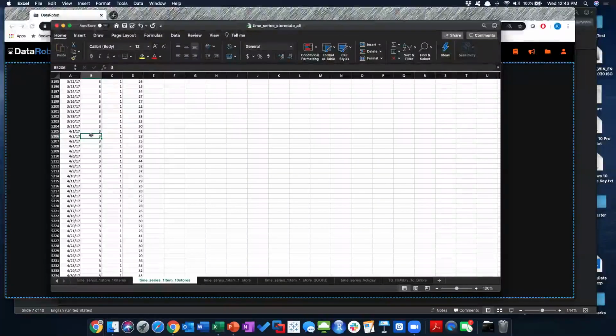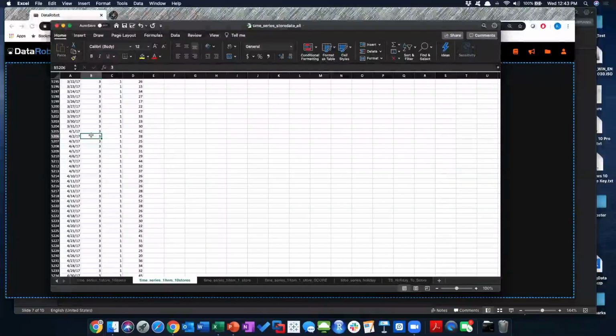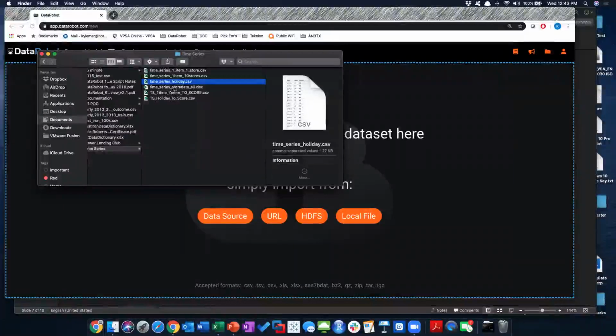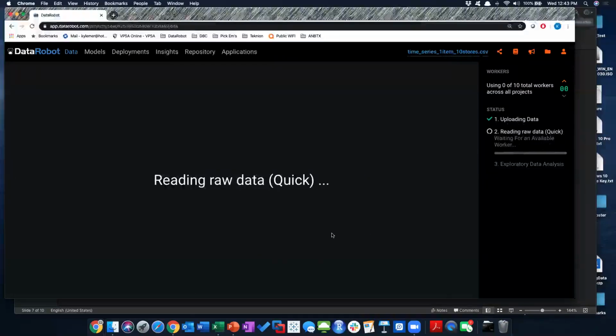So we need to allow for the fact that this is coming from these different sources and is actually containing information. And so when I load this data set in, we'll go back into DataRobot and load this type of data. So we're going to be looking at this time series, one item, 10 stores. That's this data set. Now it's a pretty big data set, but I think it's worthwhile just to show you